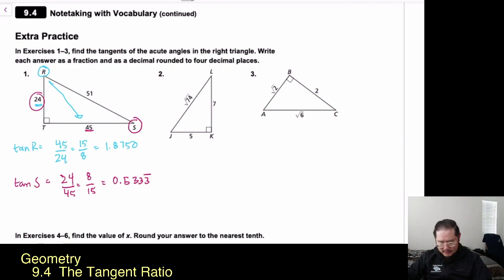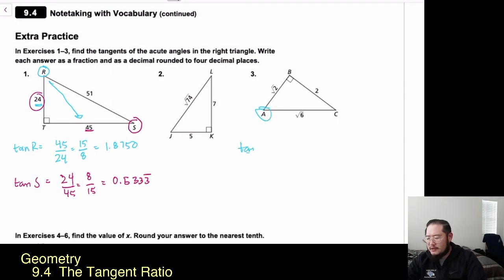All right, so it's pretty straightforward. Hopefully we got that down. Let's take a look next up at number 3. The two angles that we're going to deal with on number 3 happen to be angle A and angle C. We don't use the right angle. You look at the triangle and it's not set up the same way as number 1, but hopefully you recognize which angles you need to use. So we'll start with angle A. I'll put tangent of A